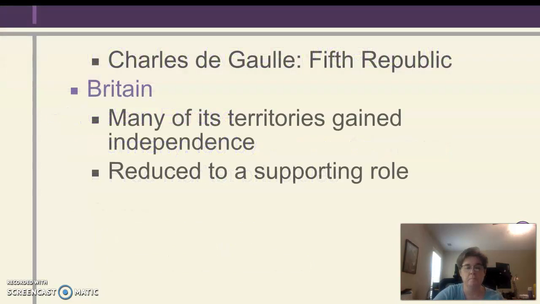But back to France. They're struggling because they're trying to take back these colonies, and the colonies don't want to go back. They want their independence. Then Charles de Gaulle, who had been the leader of Free France, had gone to Britain during the war and established the Free French, trying to get France free of German control. He steps in and establishes the Fifth Republic. This Fifth Republic is still in charge in France. They do have a republic government now, although they are highly socialistic.